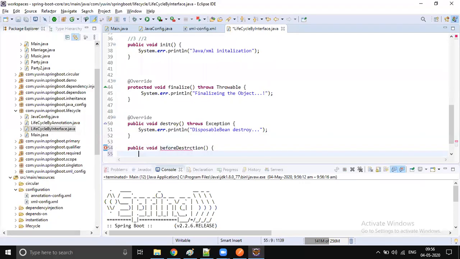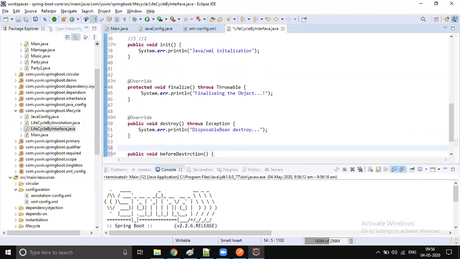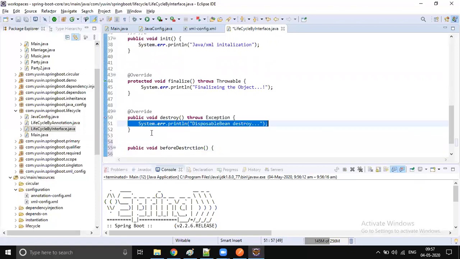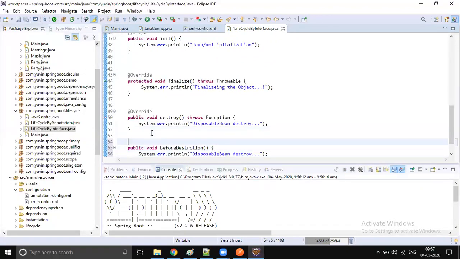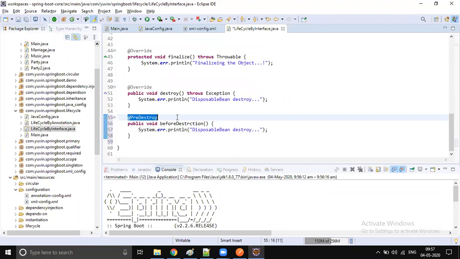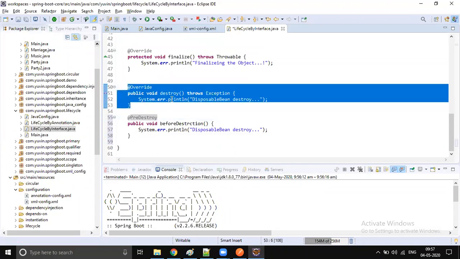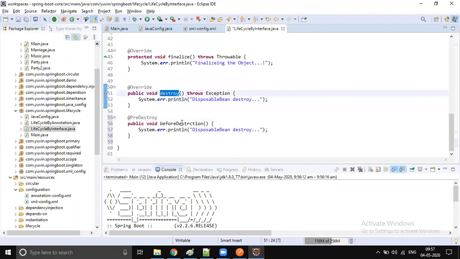I will annotate this method with the PreDestroy annotation. This is the second way of doing it, and this is a good practice. Implementing an interface is a bad practice. Using the PreDestroy method is a good practice.